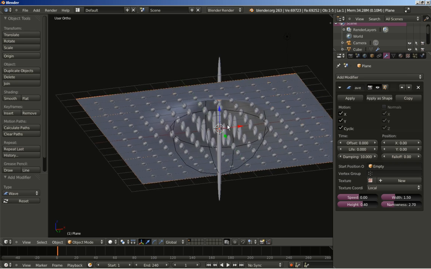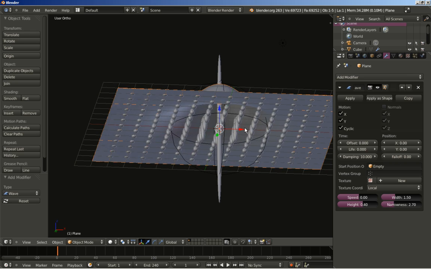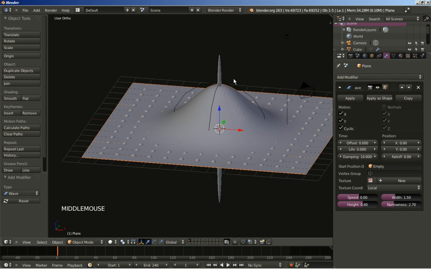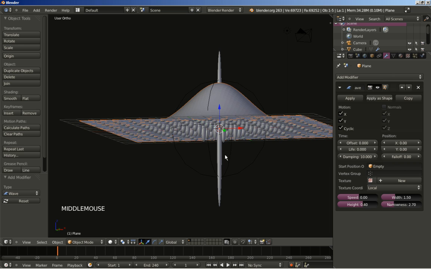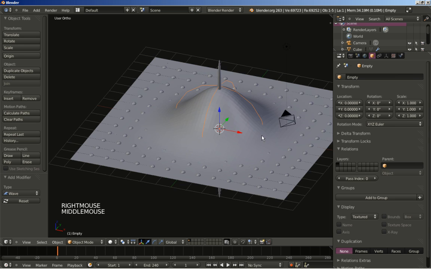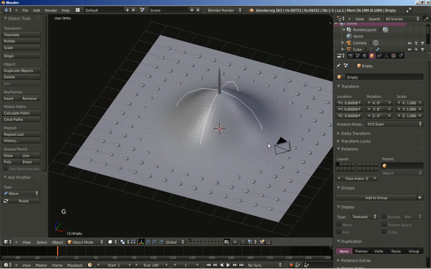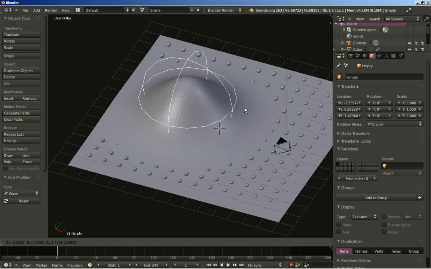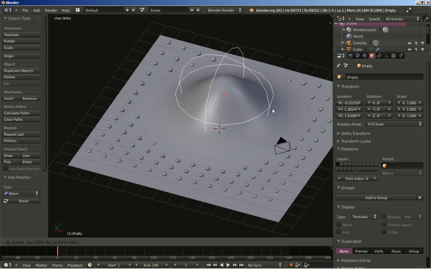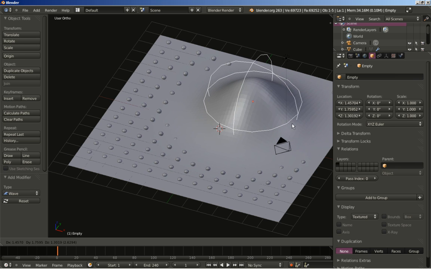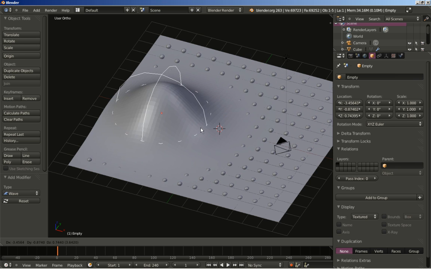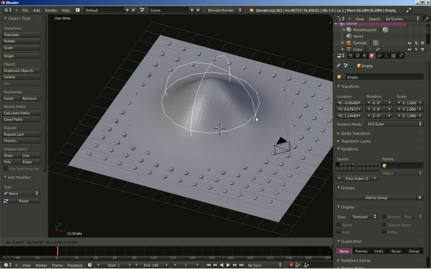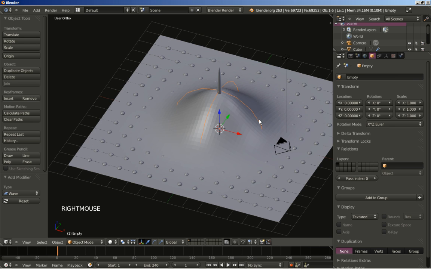Now again we have a new object relation. Since the wave modifier isn't applied and moving in our scene, again uses the empty, and you can see that if we move the empty around, we have both the cast modifier affecting the array object and the wave modifier affecting the plane. Now right click to cancel any movement,